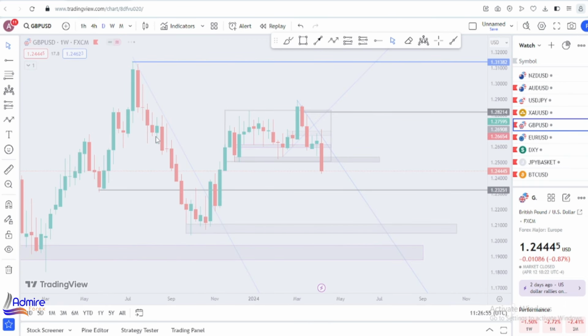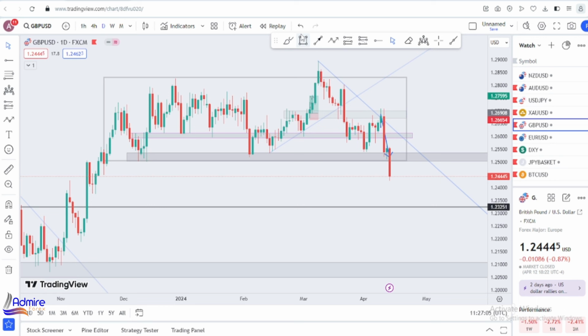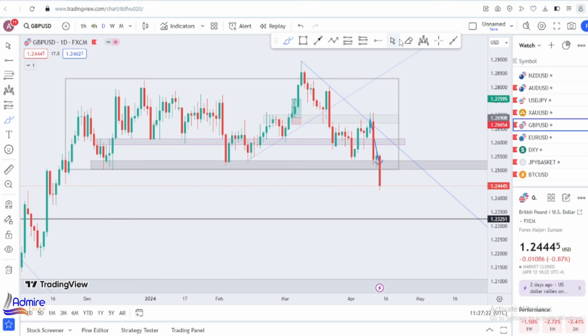So everything we have been trading since around November 2023 thereabouts, price has been going sideways. It's not clearing higher highs or clearing some lows. Price has been going sideways. So what does this mean? Price has been consolidating, price has been in a range. Same thing on Euro USD, guys.